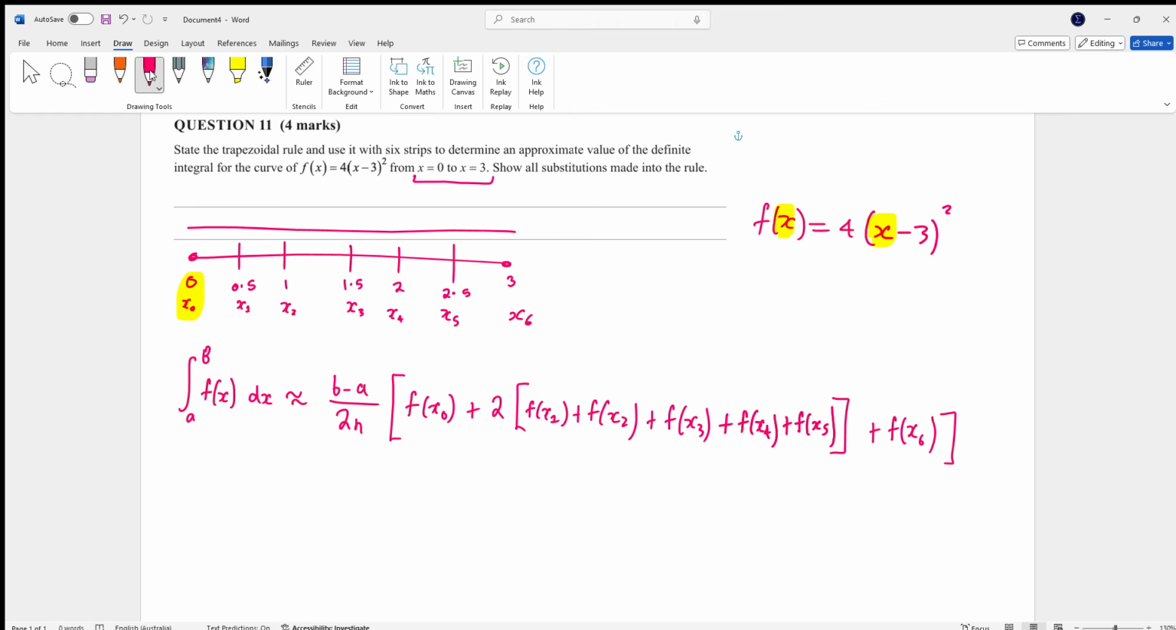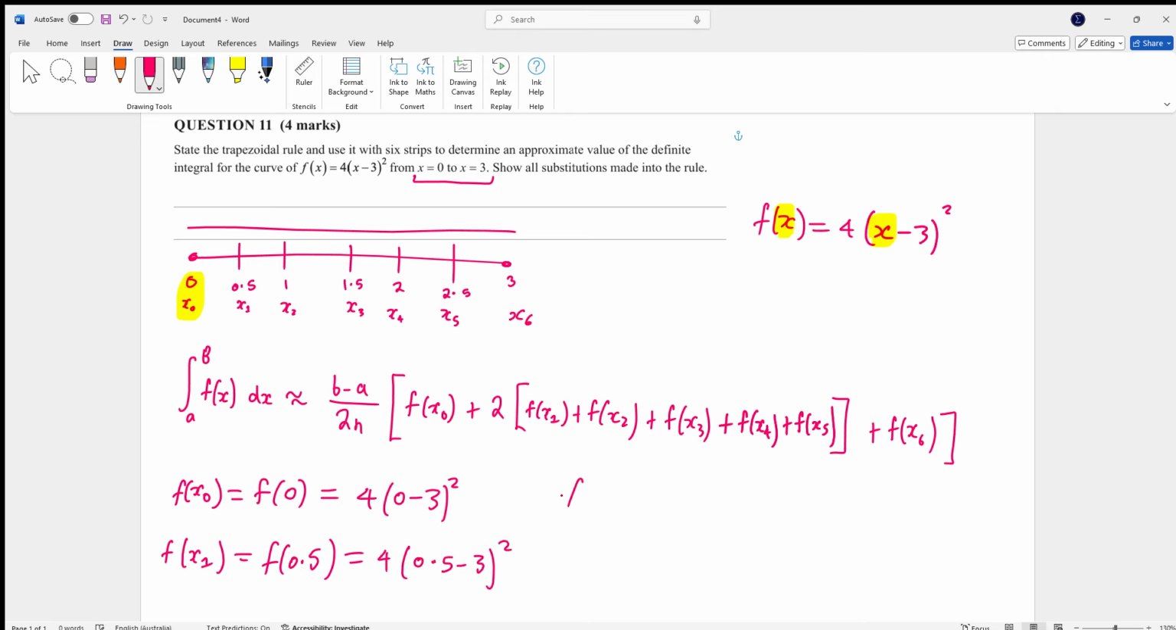So now we've got to work out what each of these guys are, because it says show all substitutions made in the rule. So here I'm going to start with x of 0 into f of x. So that is f of 0, which would be 4 times 0 minus 3, all squared. Then you've got your f of x of 1, which is your f of 0.5. So that's 4 times 0.5 minus 3, all squared. Then you've got your f of x of 2, which is f of 1, which is 4 times 1 minus 3